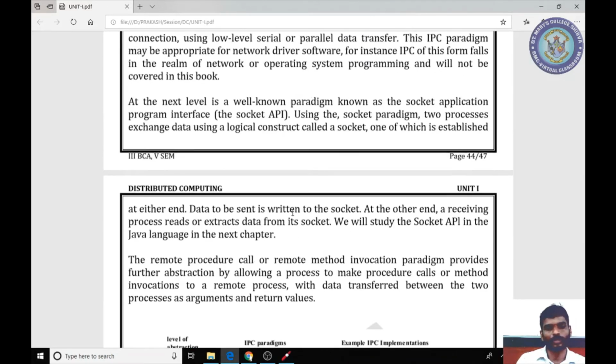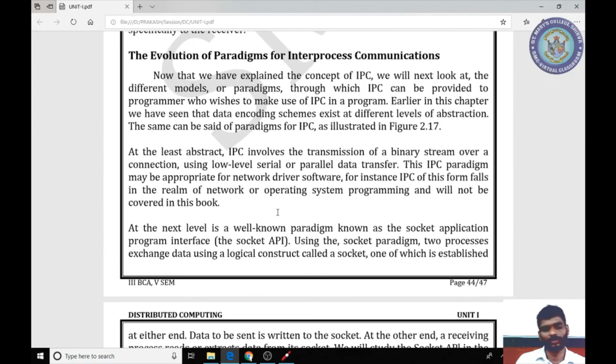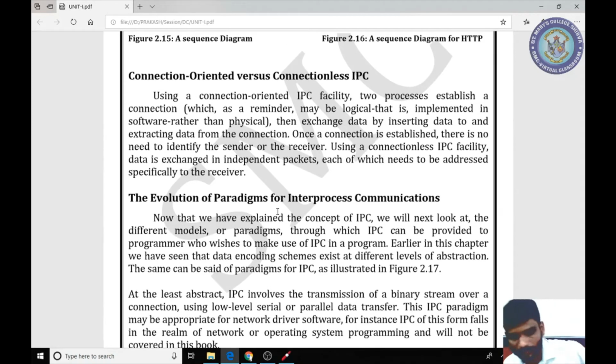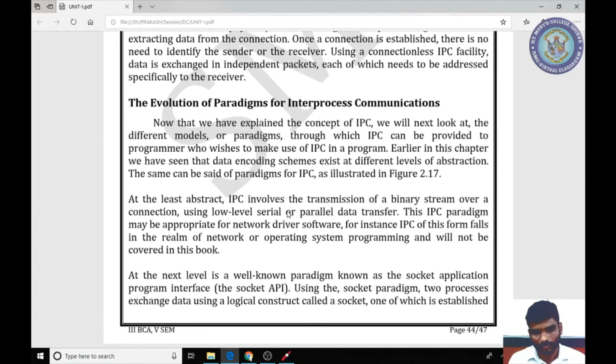That is the last topic of this chapter as well as this unit. That's the evolution paradigms for IPC. Evolution is how the journey of this interprocess communication started. For example, the evolution of computers that you might have studied in the FIT subject: personal computers or mainframe, time sharing, the supercomputers.